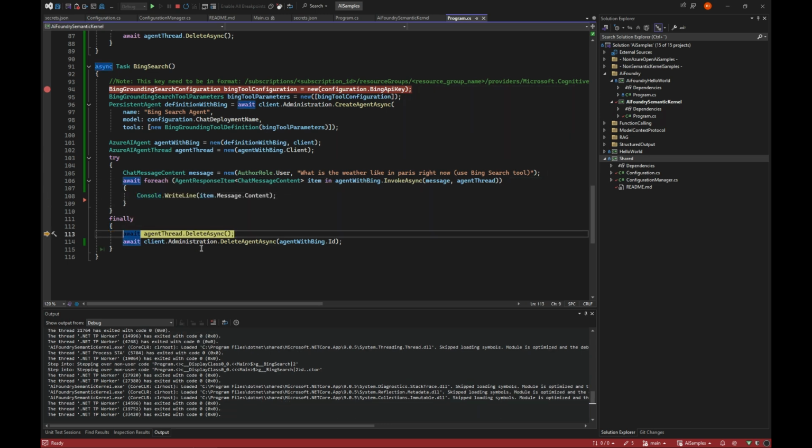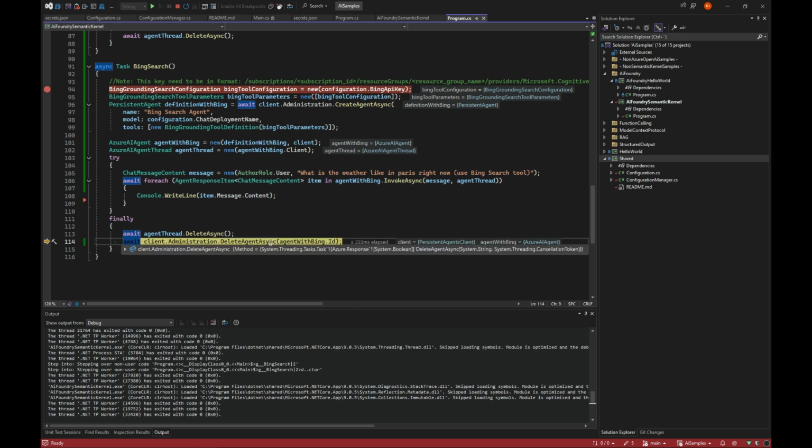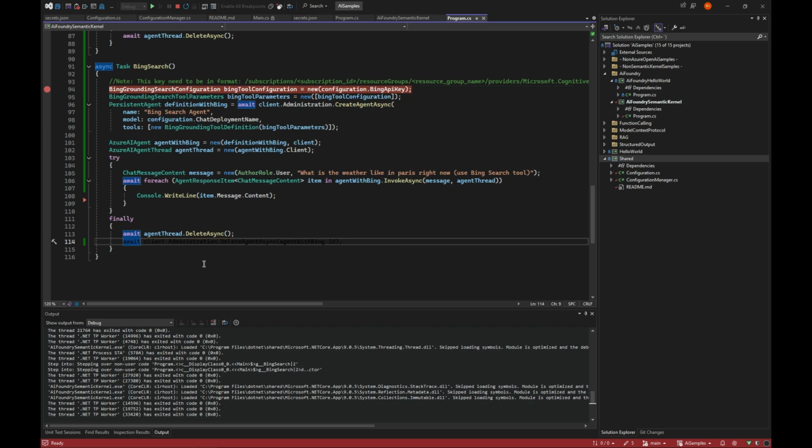So then we go in and then we actually delete the agent, so I don't have multiple agents here, just for cleaning up.